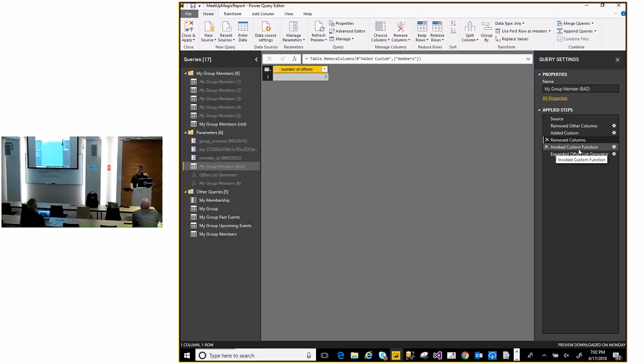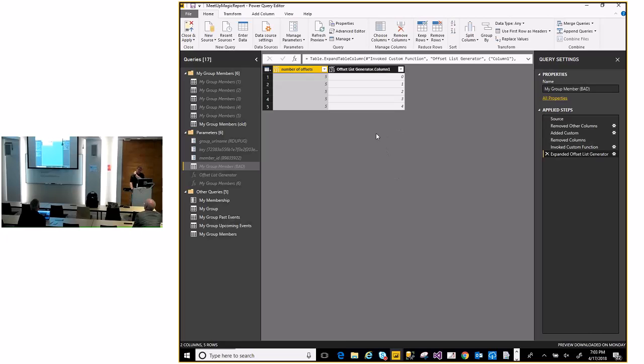But the first thing I have to do is take that 5, and I need to get 5 rows, and I need that to start at the number 0. So the way I did that was to invoke this custom function in order to add those rows in. So at this point, we just have a table of results. I'm just trying to get a table that I could then reuse to make the calls. And this is that final step. When I expand that table, now, based on the fact that this is a number 5, I have my zero-based set of offset values to use.